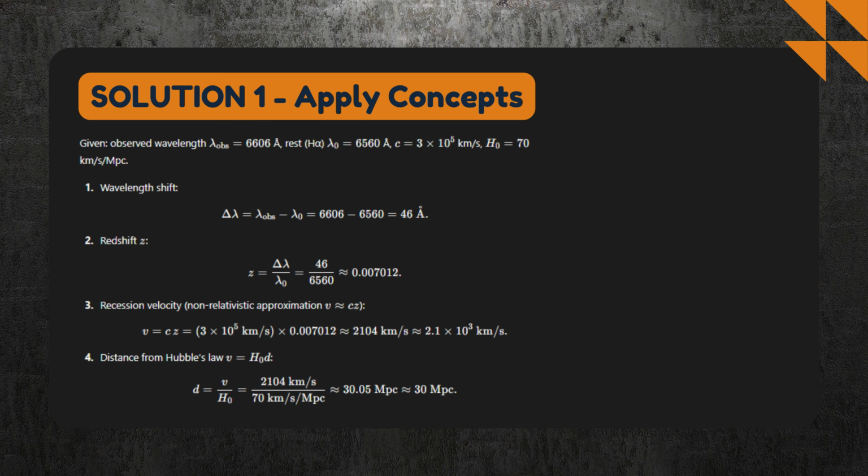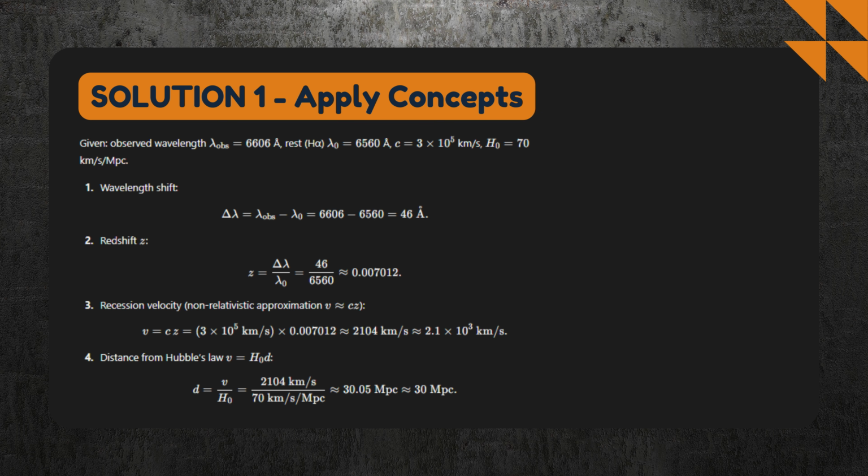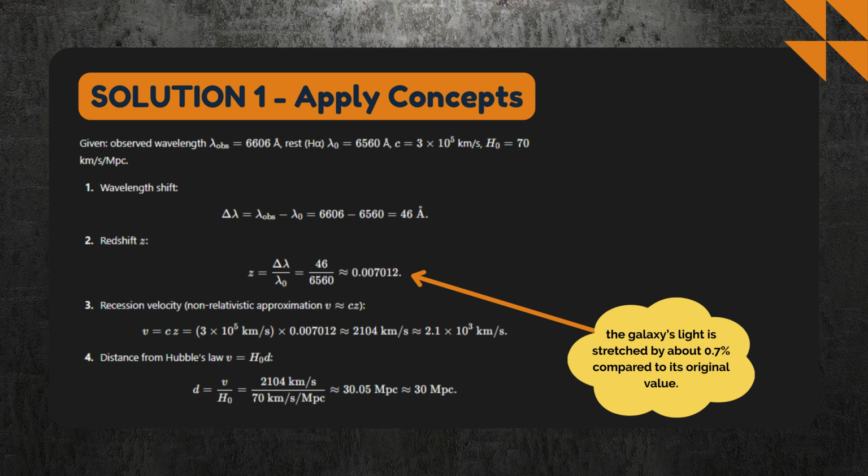Step 1. Calculate the wavelength shift. Here, the line moved from 6560 to 6606 angstroms. That means the galaxy is moving away, denoting redshift. Take the difference between observed wavelength and H-alpha wavelength, which is 46 angstroms. Step 2. Calculate the fractional change in wavelength. Now divide this difference by the original H-alpha value, 6560 angstroms. This gives a fractional shift of about 0.007, meaning the galaxy's light is stretched by about 0.7% compared to its